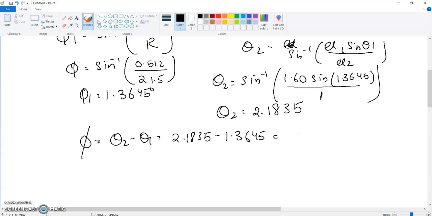So I'm getting an angle difference of 0.8190 between the portions, right? All right, so that's the first part of the question. That's the angle at which it's now moving, right? So if I can see over here,